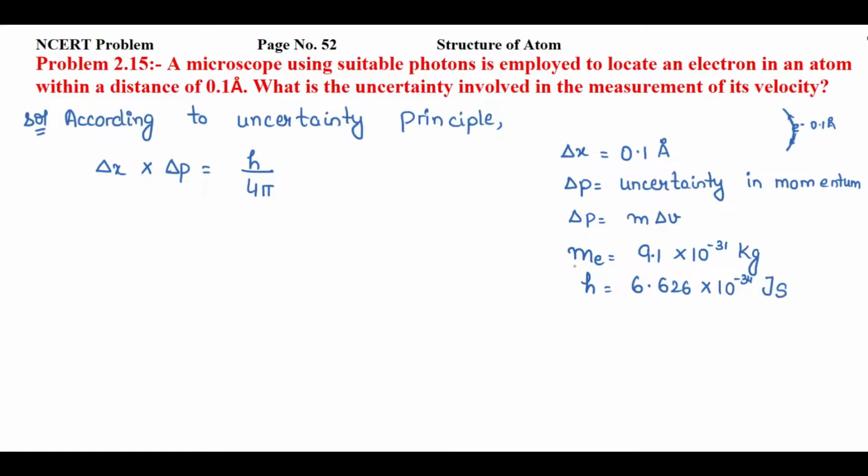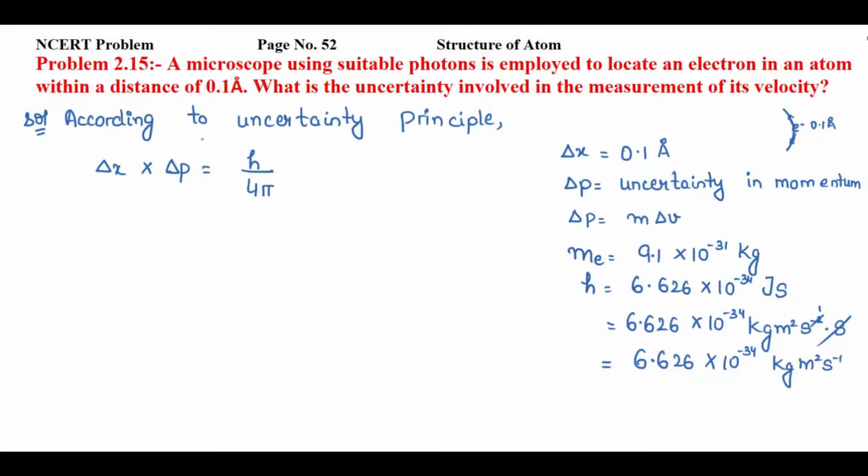If you'll see, we are having mass of electron in kg, but Planck's constant's value is in joule. I have to cancel the unit to find the actual units of velocity, right? So for this, I'll convert this joule in terms of kg, right? So I know that in 1 joule, we are having kg meter square second inverse square. I'll put this second with it, right? So this second is cancelled with 1 second inverse, and rest we will have 6.626 into 10 raised to power minus 34 kg meter square second inverse, right?